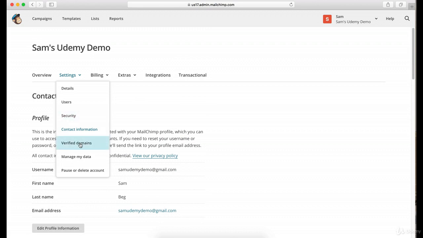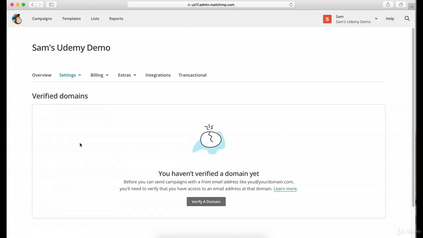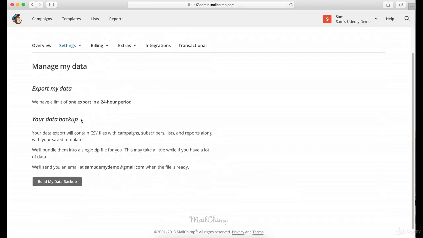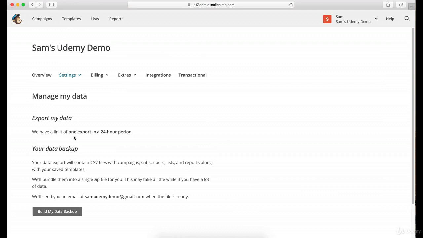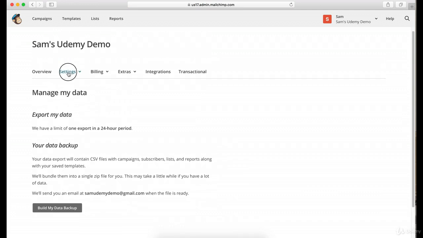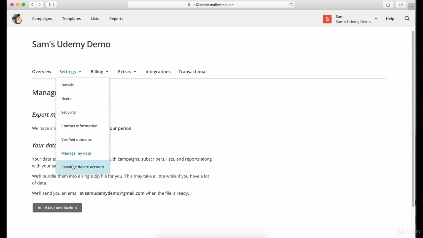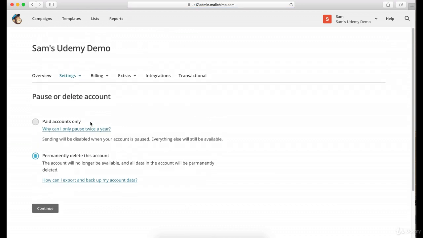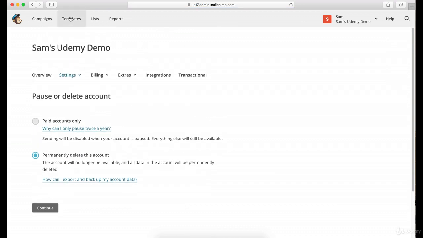Okay. Then verify domains. We'll get to that in a little bit. Manage my data. This is also a way for you to back up your data or export it, and we'll get to that later, but it can be useful just to protect yourself. And then this is to pause or delete your account if you decide to do so, okay? Which we are not doing right now. So let's go back to,